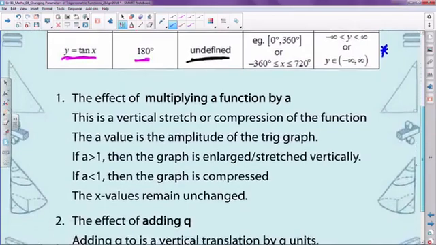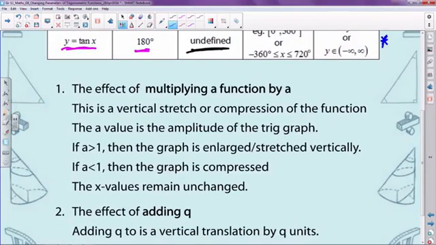work. Now, we looked at the effect of multiplying a function by a, right? And then we talked about the vertical stretch or the compression of the function, and the a value is the amplitude of the trig graph. Like we said, y equals 3 sine x, so the amplitude will be 3. If your a is greater than 1, then the graph is enlarged or stretched vertically, and if your a was less than 1, then the graph is compressed, and the x value remains